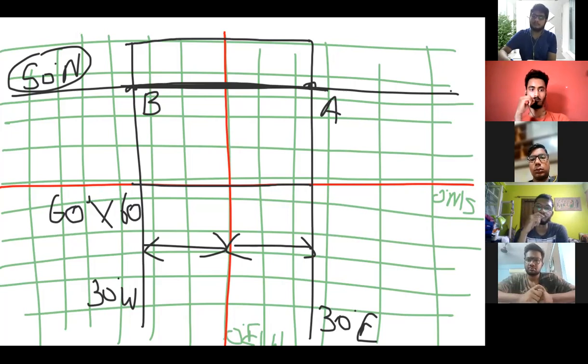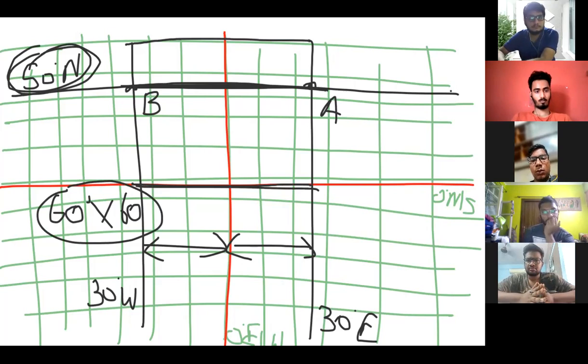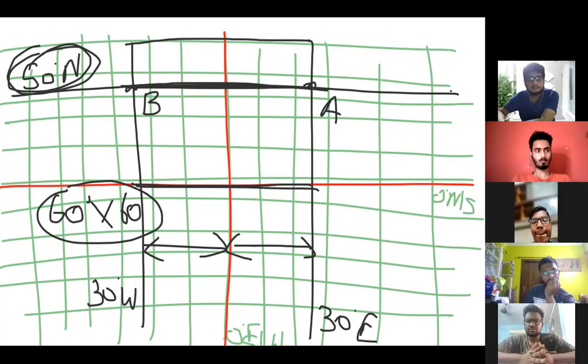Correct? So if you just do this, you will not get the exact answer in nautical miles according to the change in longitude. You might get a respective answer with respect to the equator. But now we need it with respect to 50 degrees north. Correct? We need it for 50 degrees north, not just generically for the equator, because now the aircraft is flying on 50 degrees north. So what we do is multiply by cos of latitude.